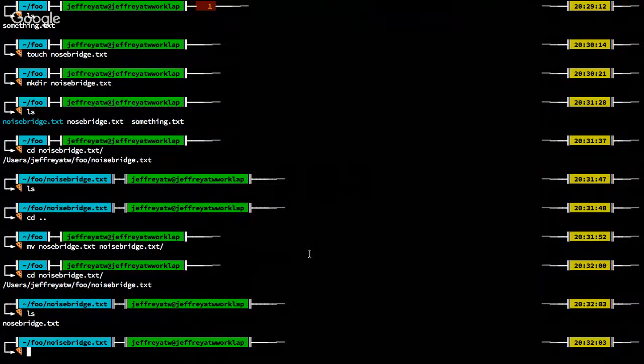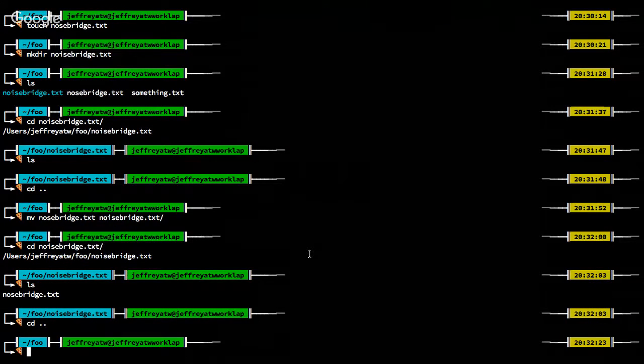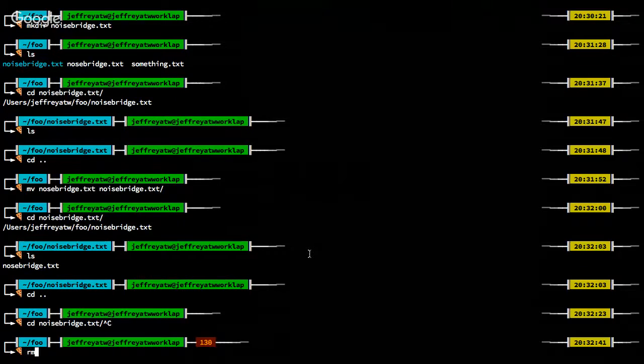By the way, you might have noticed that I was typing quickly in some cases, so quickly in fact that it almost looked as if the terminal was completing it for me. That is exactly what was happening. If you have a very long file name and you don't want to type in the entire thing, you can say cd space n tab, and it will fill in the rest of it for you. So tab is your friend. Tab fills in whatever's left. If there happens to be some sort of conflict,